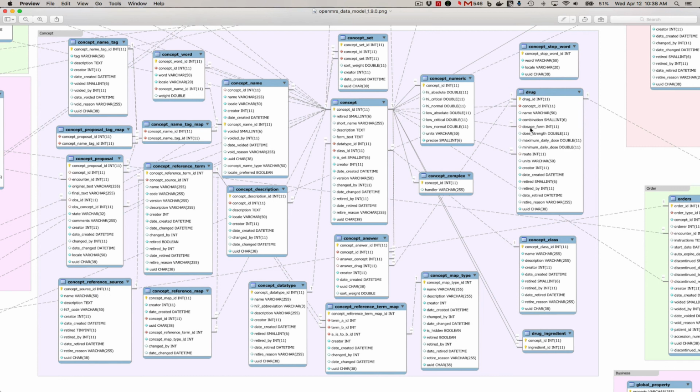The drug table would be for the specific formulations, maybe there's the 325 milligram tablet, and there's the 650 milligram tablet, or the 500 milligram tablet. So I would use drug to say, this is essentially the inventory of types of drugs that are either paracetamol or maybe a combination drug that has paracetamol in it, and then link those to the concept of paracetamol. The reason for separating those is